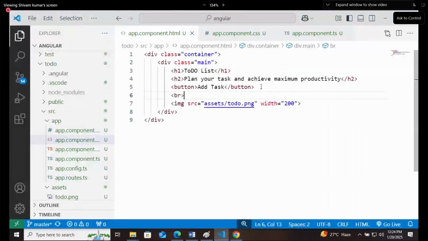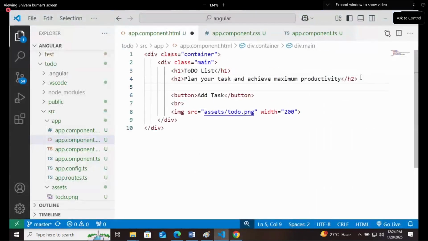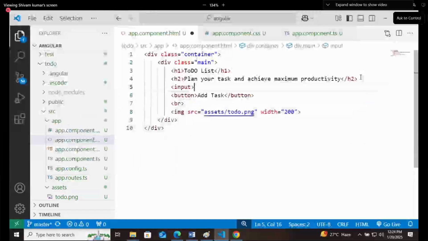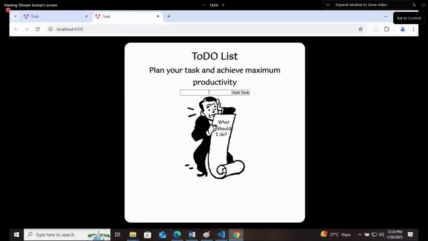Let me create an input box because we will create it a different way. Now, if you write some task in your input box, let's say learn Angular, and then you click on add task, the task should come and this picture should be removed. That's what we are doing for today.